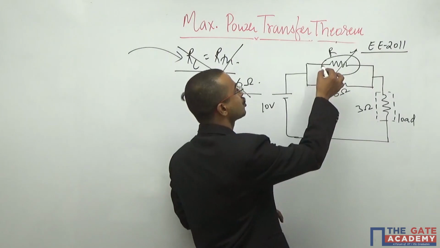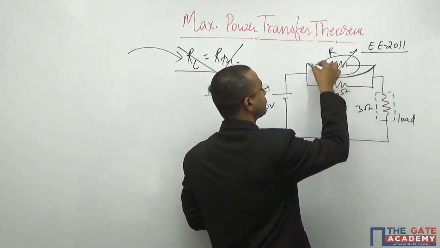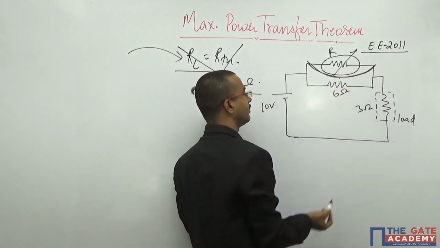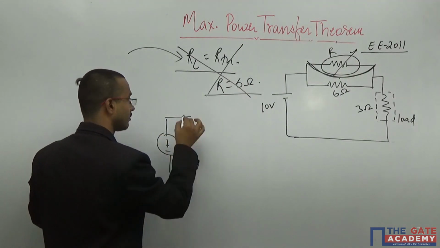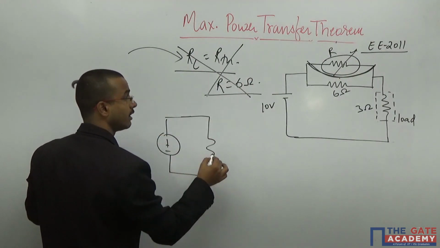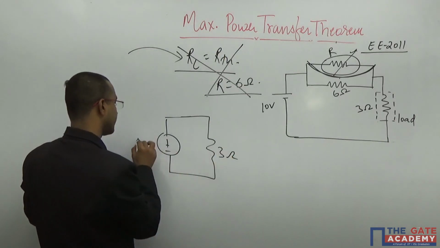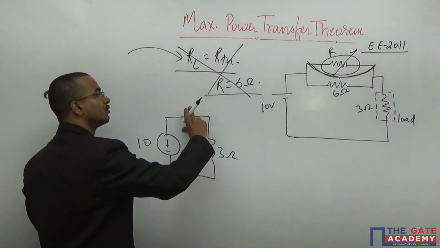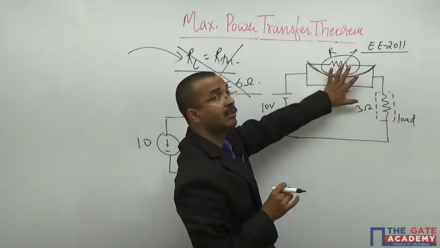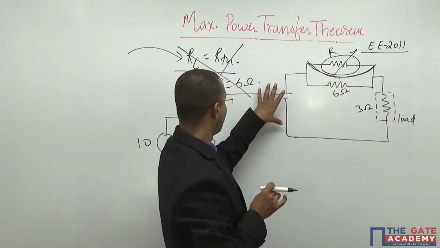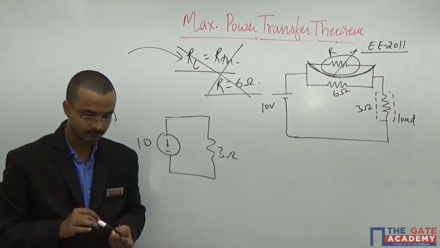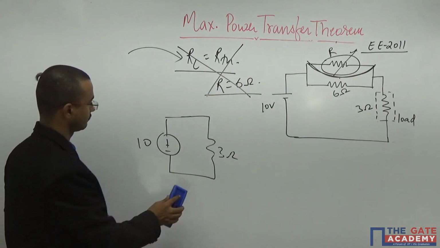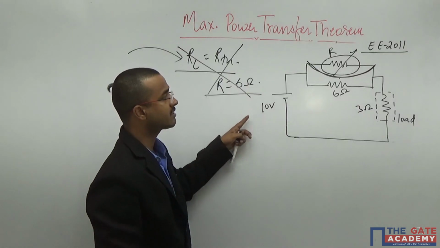That means you will short this. And the 0 parallel with 0 and your circuit will become like this. Here 3 ohm and it is 10. That means you are not losing anything. That means your loss will be 0 in your circuit. The entire value you will get here. That means according to this, the answer is 0.